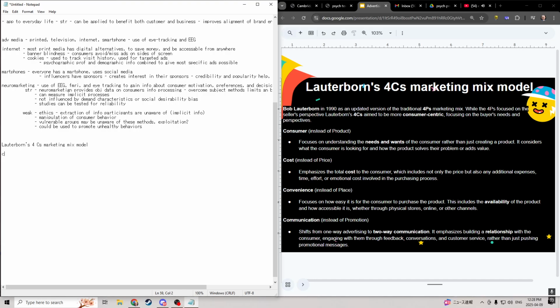Okay. Consumer. Focuses on understanding the needs and wants of the customer rather than just creating a product. It considers what the customer is looking for and how the product solves their problem or adds value. Focus on customers' needs and wants, creates product